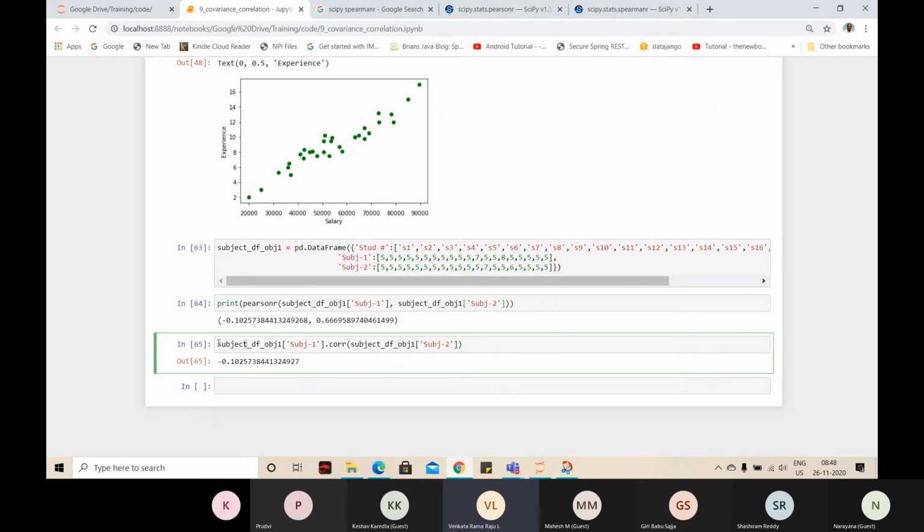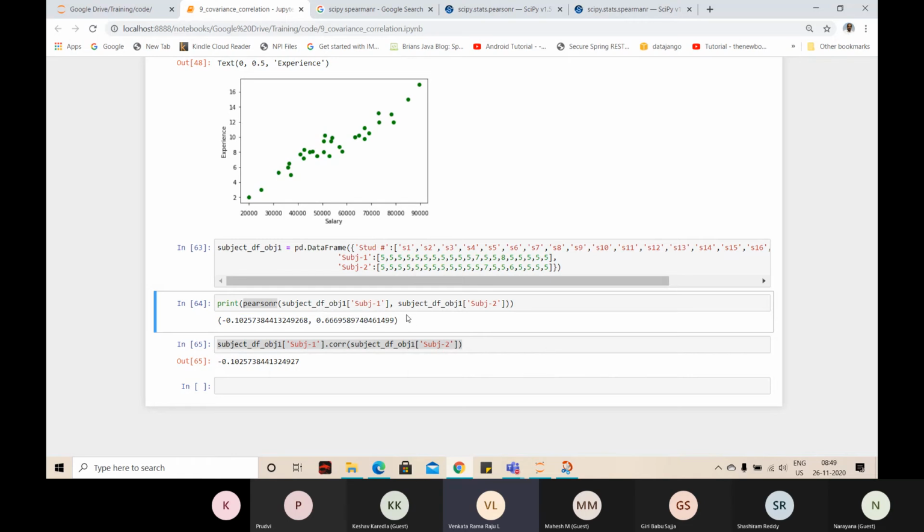If you do only this test, you look at the correlation score, but you don't know whether it is significant or not. Can you take this score for granted? We don't know when we do this. But when you do the Pearson R and look at the p-value, you can clearly say that this value is not significant. The relationship is not guaranteed. Whatever strength it is showing is not guaranteed. We can clearly see that by looking at this.